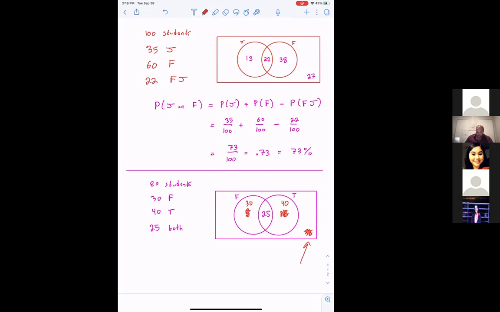They just didn't count it. So they added the Facebook and the Twitter, and then they just left it. You get what I'm saying? I guess that makes sense. 30 and 40 is 70, and then the other 10 students use neither. It's obviously wrong, but it's always better